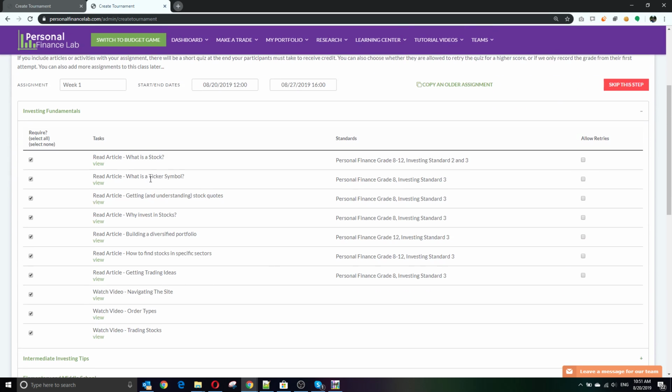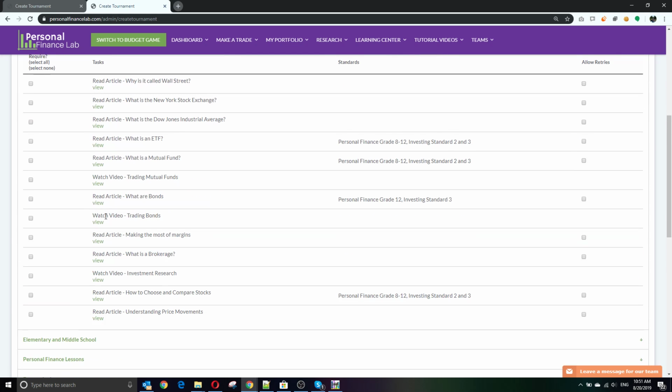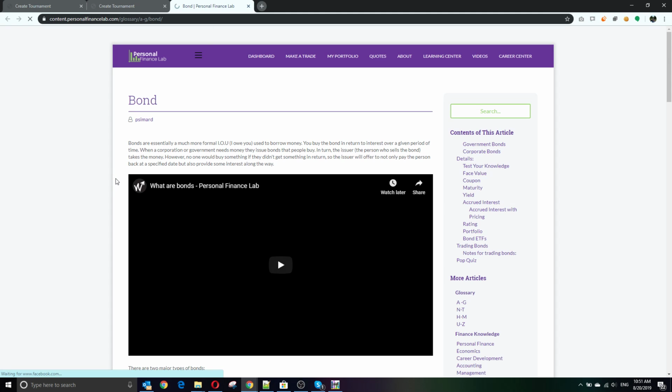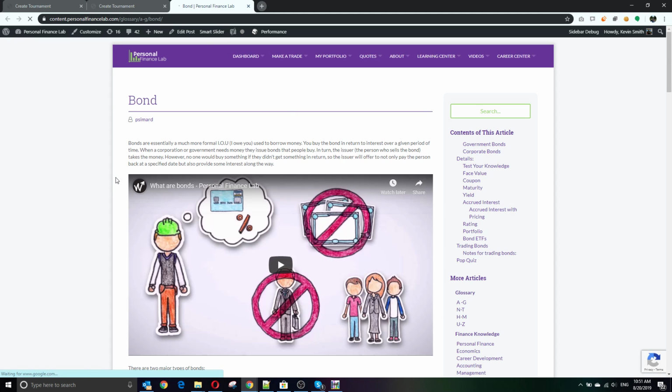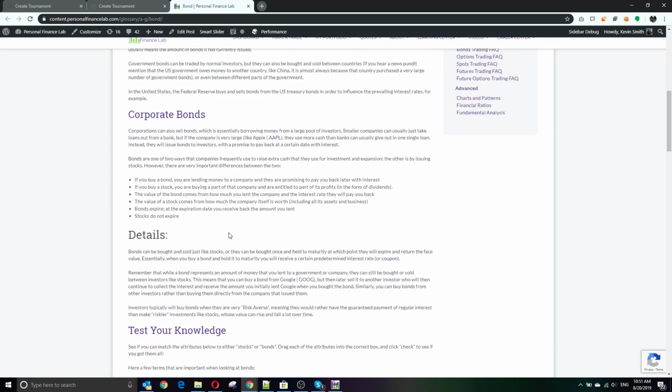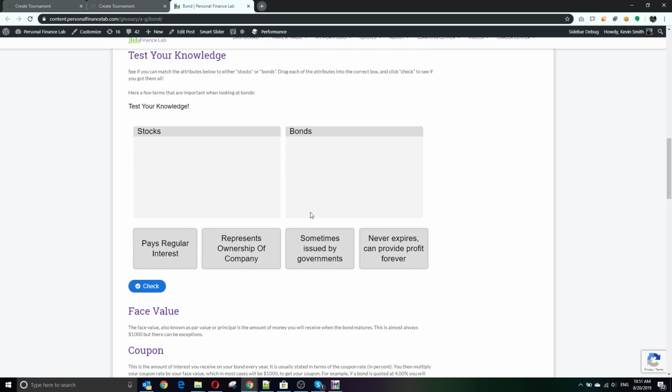Next, you'll choose the tasks you want your students to complete as part of this assignment. So there's several different types of activities available. The first are called articles. So with an article, this is an article we've written with our team of personal finance and investing experts, and each article is between 1,000 and 2,000 words. We write them at about between a 6th and ninth grade reading level, depending on the subject area. As often as possible, we include extra videos, we include glossary terms, we include little mini games,